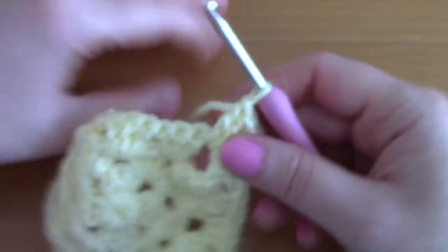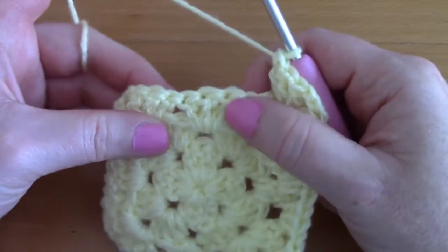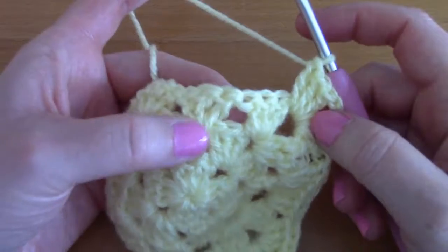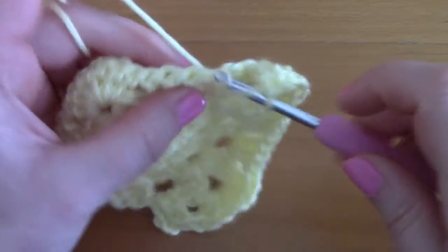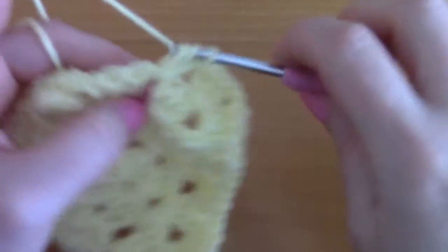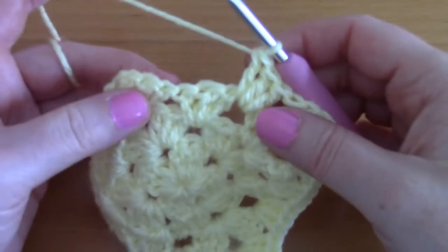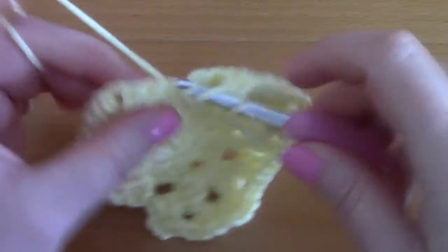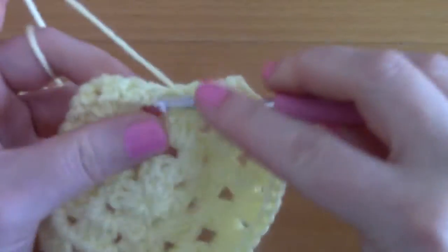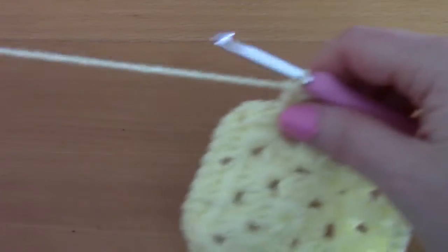and now obviously we've got simple spaces, so just go ahead into the next space and place 3 double crochets, so 2 and 3, and into the next space 1, 2, 3, and then in the corner you will be placing